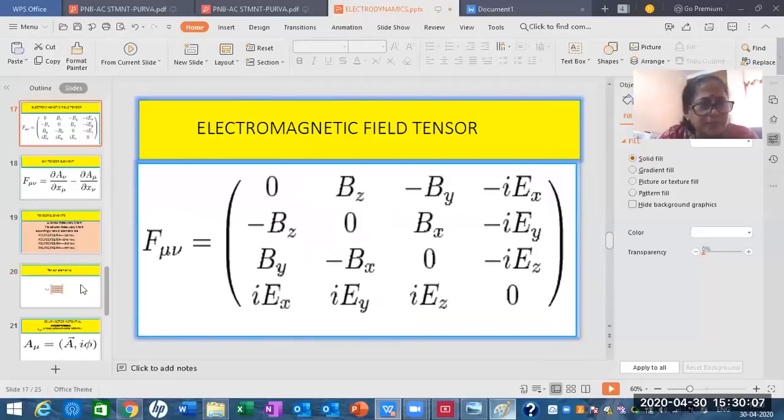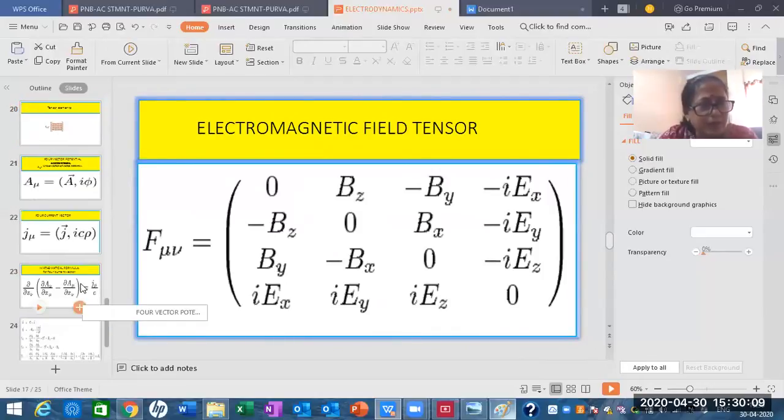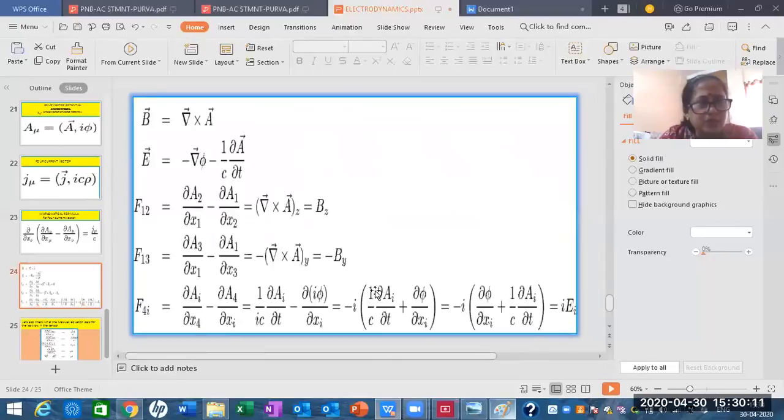So now with this you can move to calculate other elements. I'll show you here some important steps on how to calculate other elements. Fine. So you can see here B is del cross A. So it is the curl of the vector A which produces B. So you try to remember these two equations. These two equations are used in all these calculations.